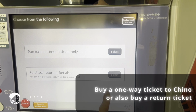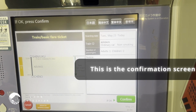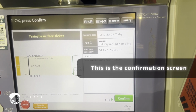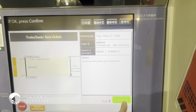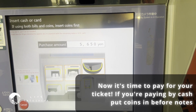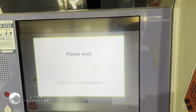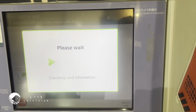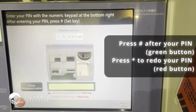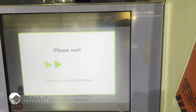Okay, this screen is where you can choose either a one-way ticket or a return ticket. Now just go and press on confirm, and then here it's time to pay. You can either pay by cash or credit card. In this case I paid by credit card. Remember to press the green hash button after putting in your PIN,